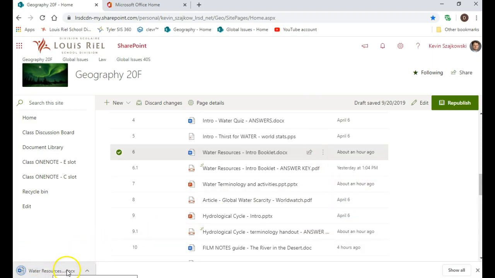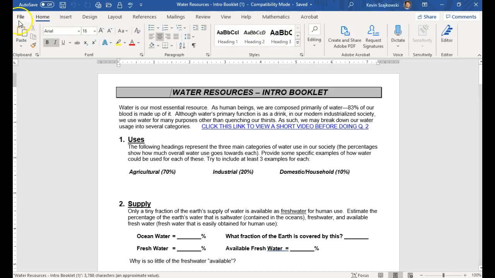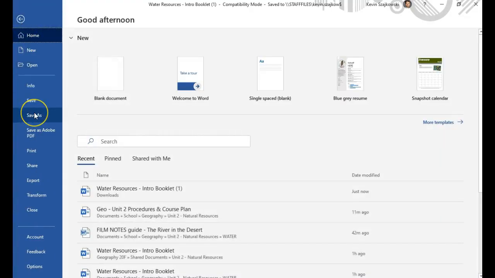There it is. It appears down here in this case. And what you'll want to do then is open it and then save as. And when you save as, you'll be able to save it into your computer. And you should have a geography folder at this point, and maybe even a subfolder inside that called Unit 2 stuff. And that is the way for you to keep organized as we go through the rest of this course